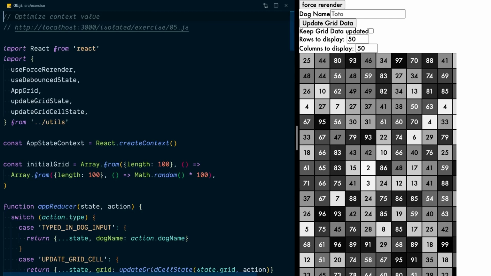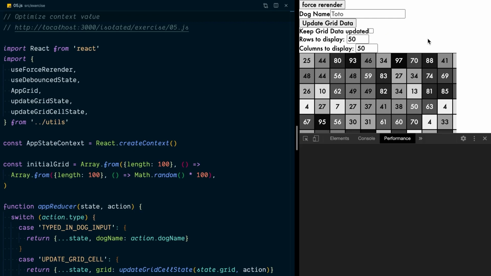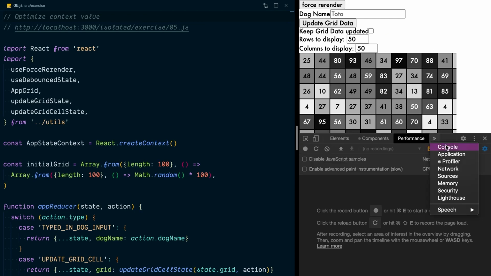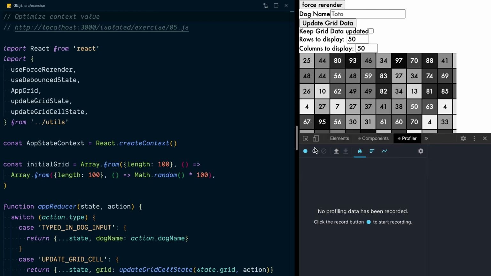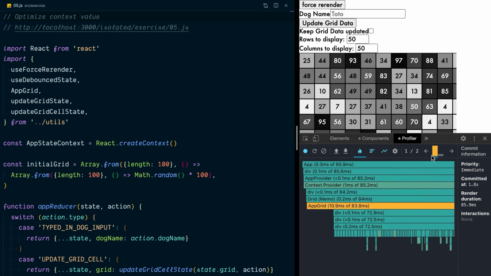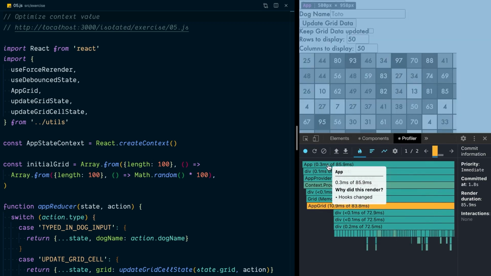Like I said, this one had very little code changes here, but let's go ahead and take a look at what it is that we're trying to fix up here. If we come to our profiler right here, and then I hit record profile, and then we force re-render, and then stop that profile, we'll get that render right here, and we'll notice that everything in our app is re-rendering,